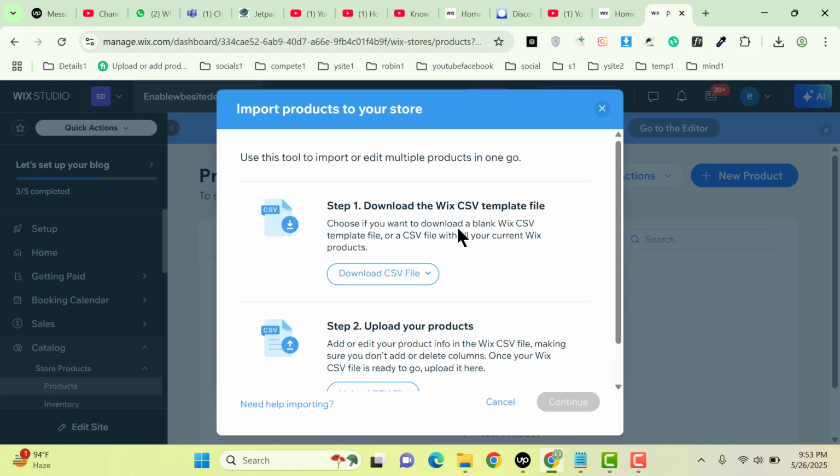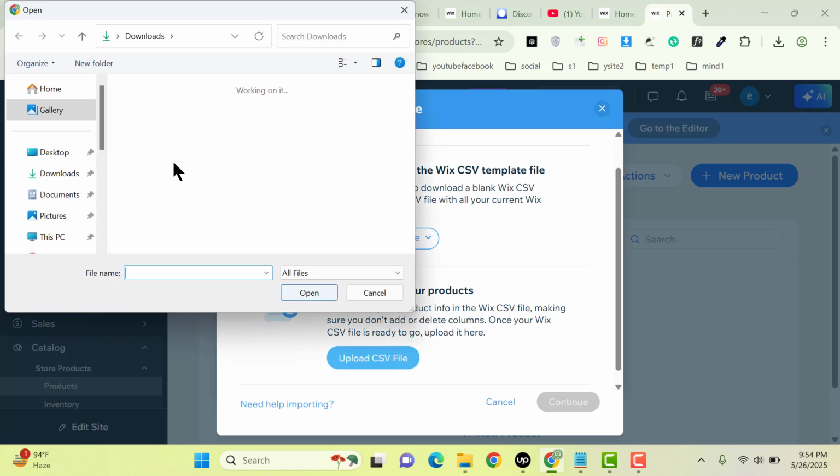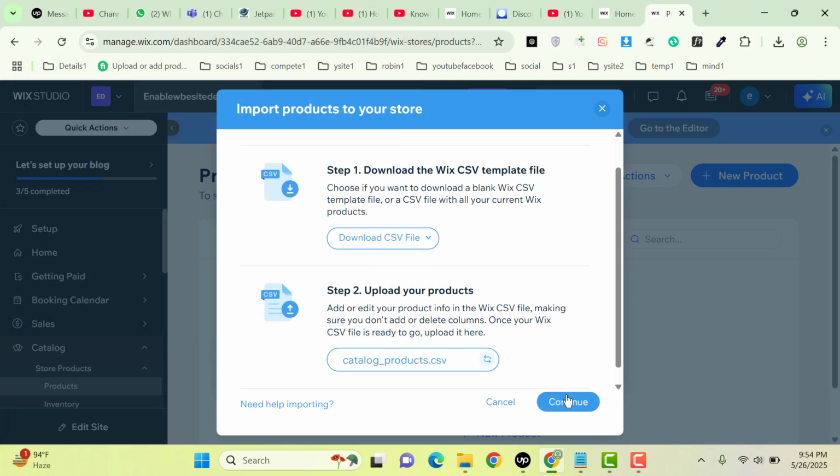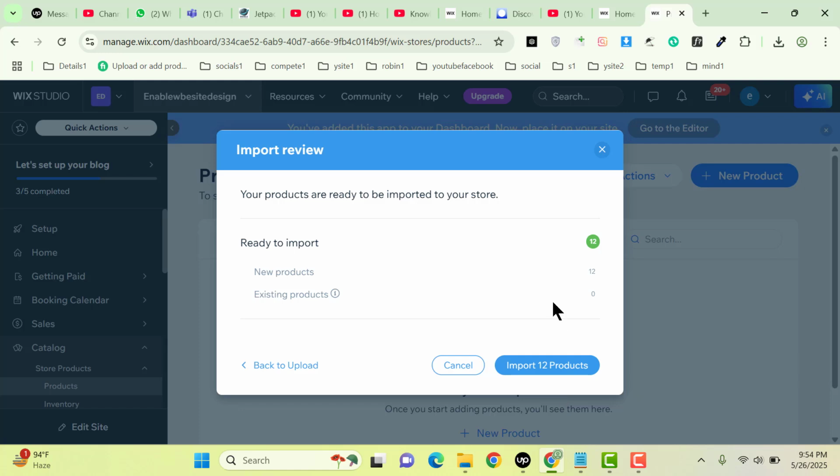and now we need to select a file, this one, then click on the continue button, and here you can see products are detected, so these are the 12. Then click here, import 12 products,